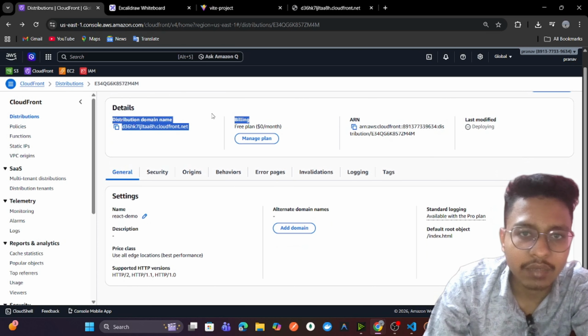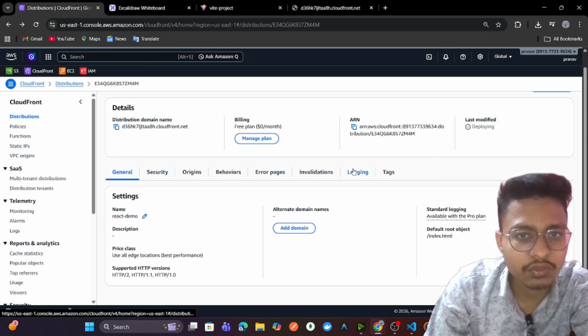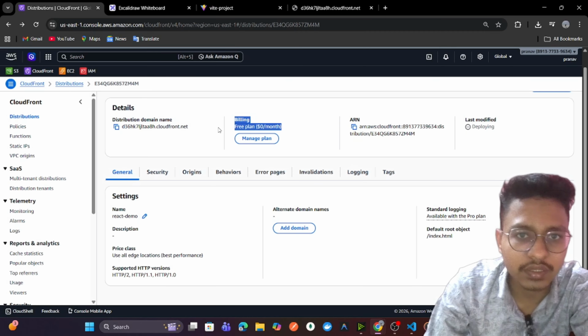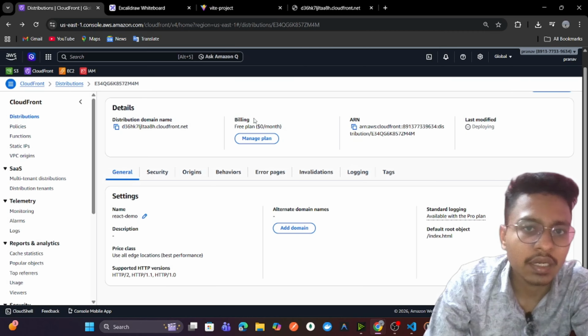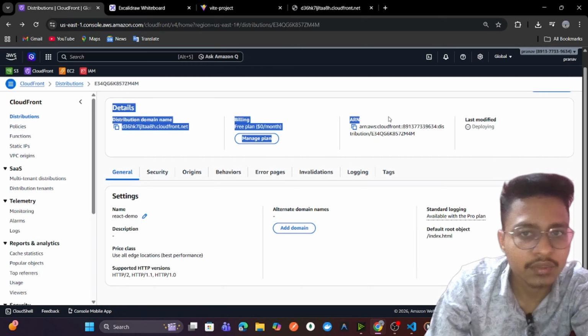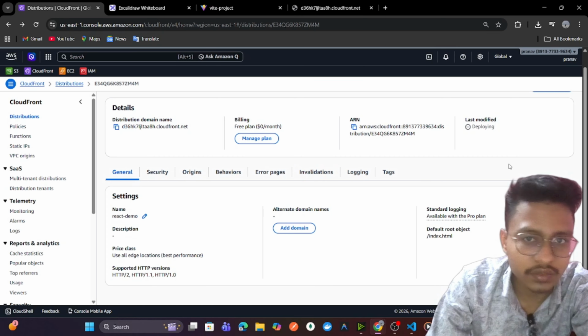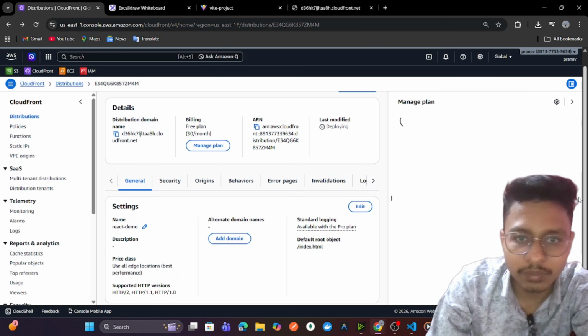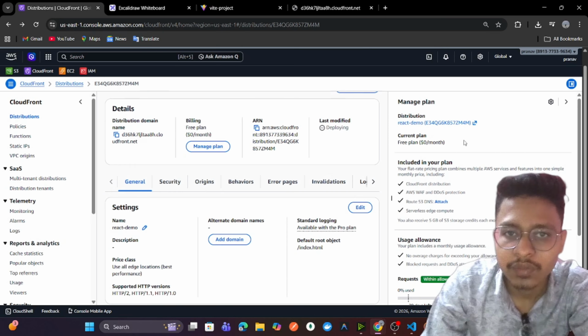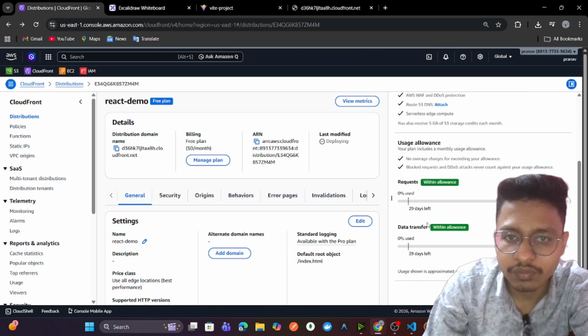and we have done this with $0 per month. You can see it's totally free. Our whole application front end has been deployed free for a lifetime. It will not charge at all. If we want to upgrade the plan, you can see the plans. So we are on the free plan. If we want to change the plan,